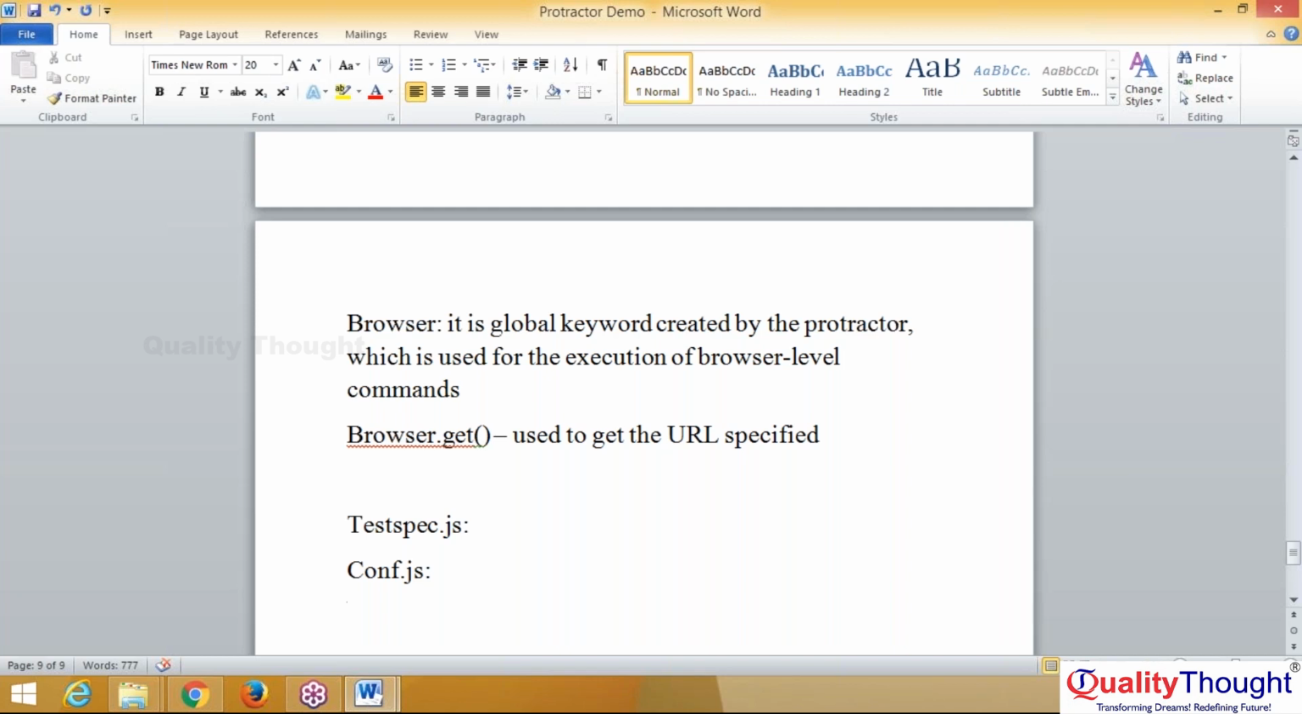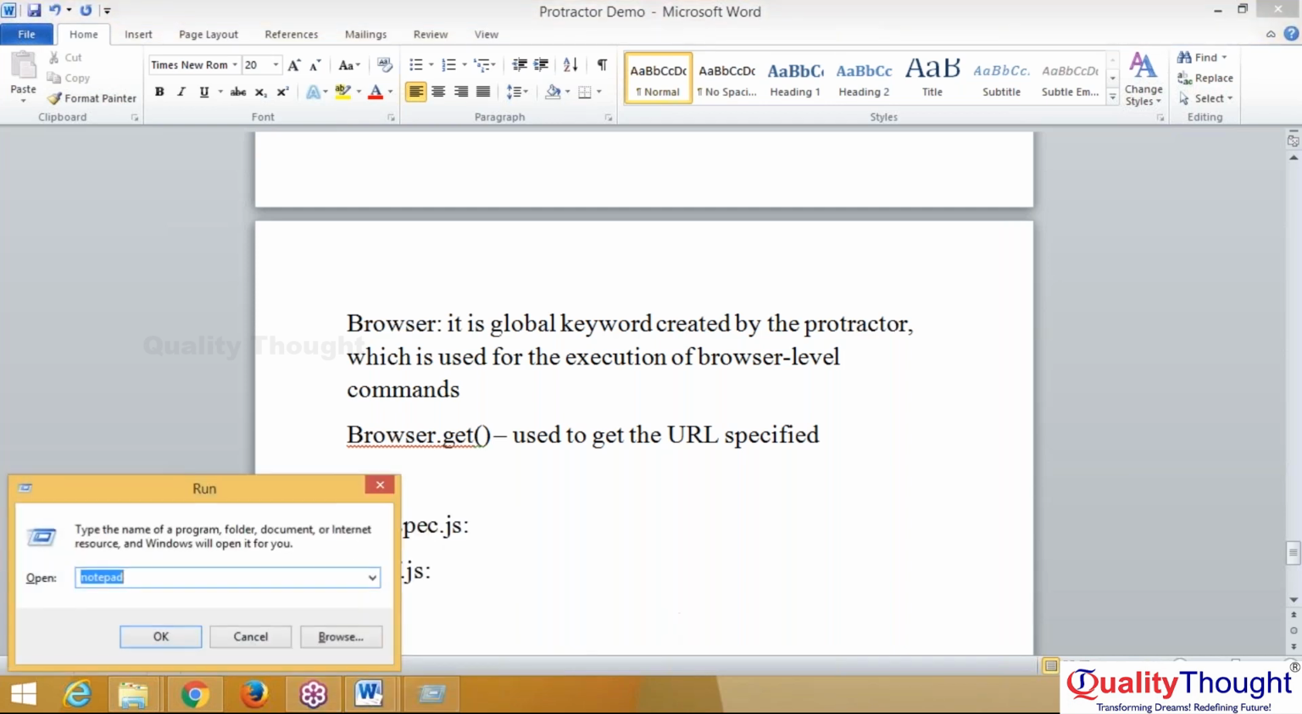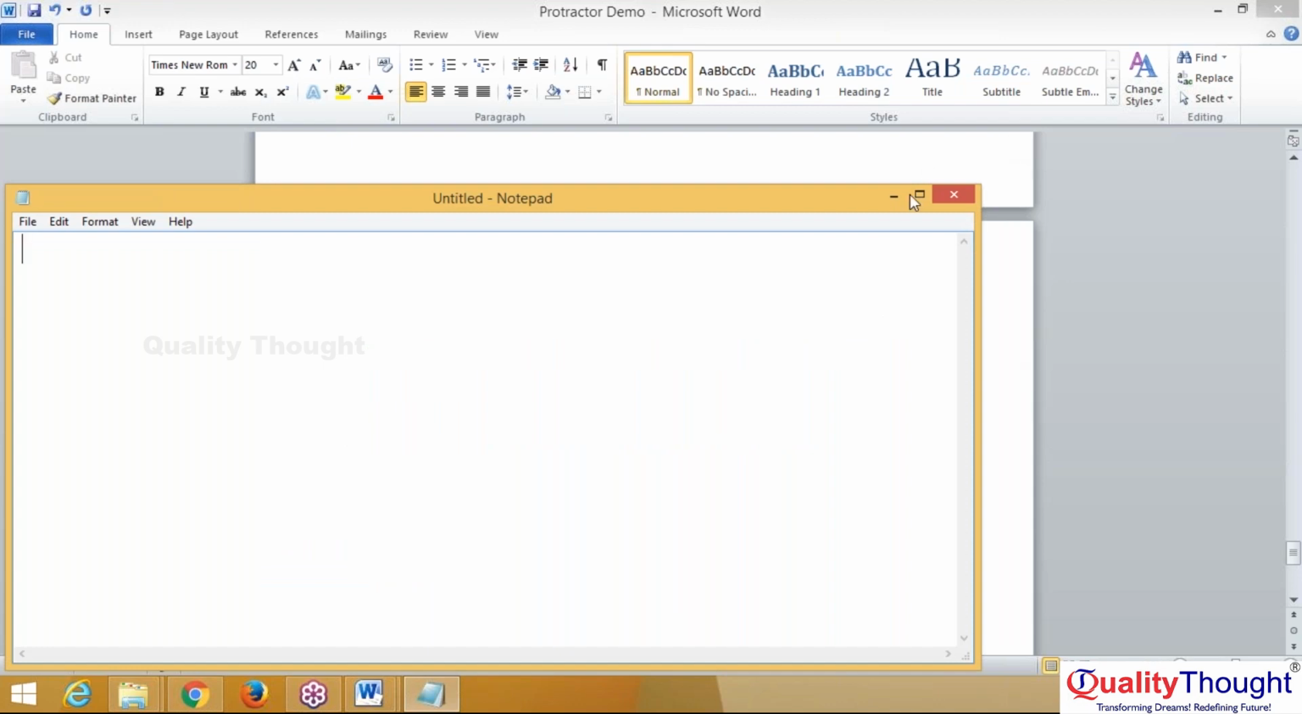Okay, so let us write. I'm going to write the script here, in the config.js file. Here also a few keywords are there, and we will discuss these things. exports.config is equal to